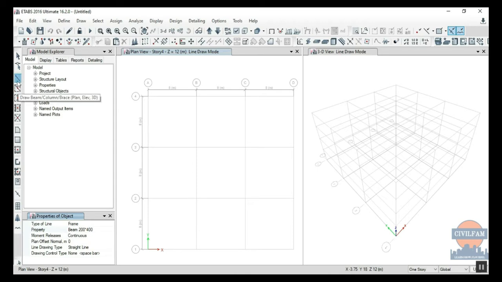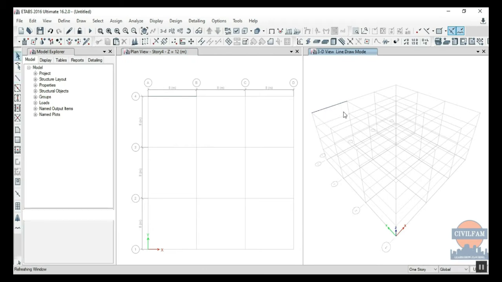Now in beam we have got two options. One is we have to draw a beam normally. We come here, we select the beam 200 cross 400 and you can see the plus mark, right? It will help you snap from one grid to the next grid. Click it, drag and click it. As you can see in the 3D diagram we have got a beam. Now I can keep doing this, go from here and drop it here, go from here and drop it,